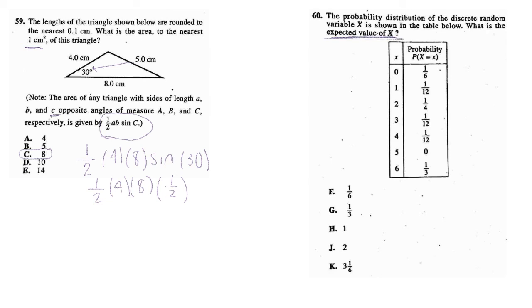You take your x value, which is your random variable x, shown in the table. The expected value is going to be the probability times this x value, plus this probability times that x value, and so forth. So to write this out, your expected value is going to be 0 times